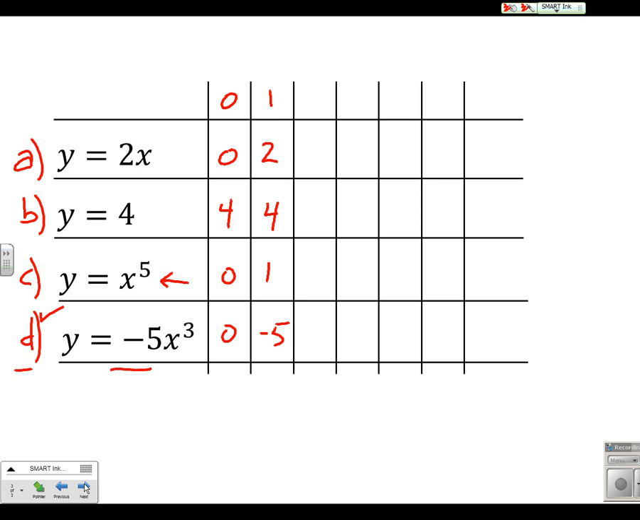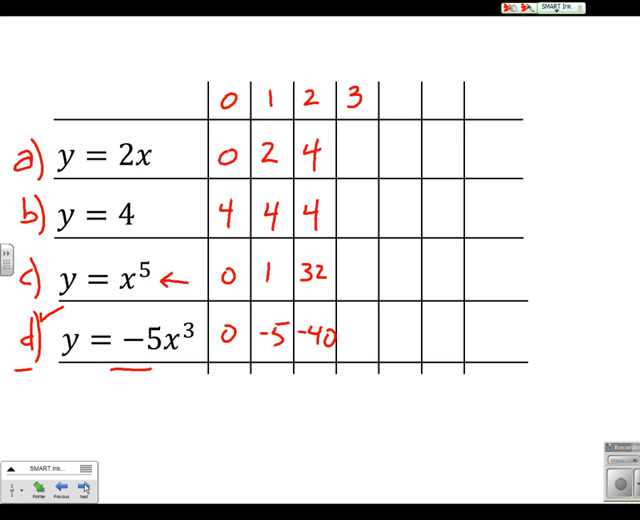Well, let's continue the race for a little bit. Let's go to 2. 2 times 2, 4. This function's always 4. 2 to the 5th, 32. 2 to the 3rd, 8 times negative 5, negative 40. And D is still the strongest. Oh, so D is going to be the strongest. Well, function C made up a lot of the gap, 1 to 32. Let's take this out to